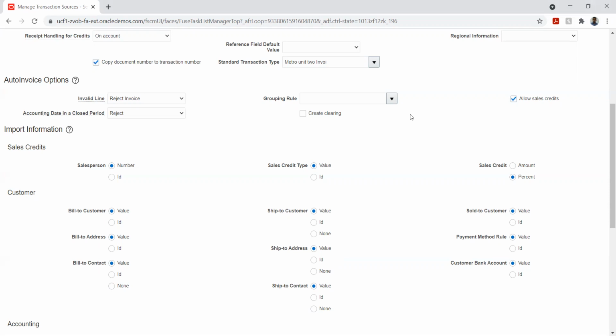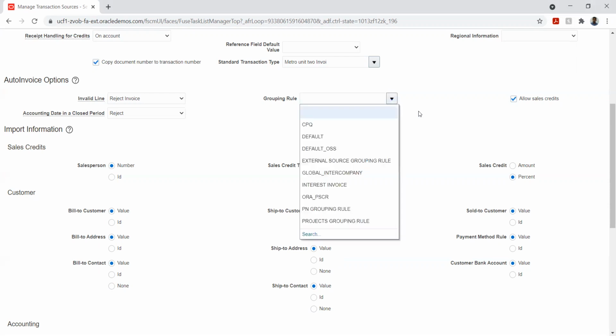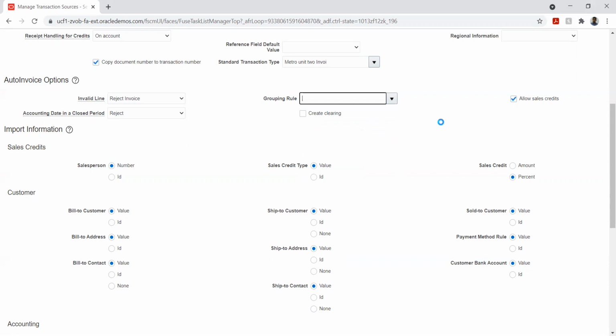And then we have a grouping rule. Grouping rule is nothing but, so we have two things. One is the grouping rule, another one